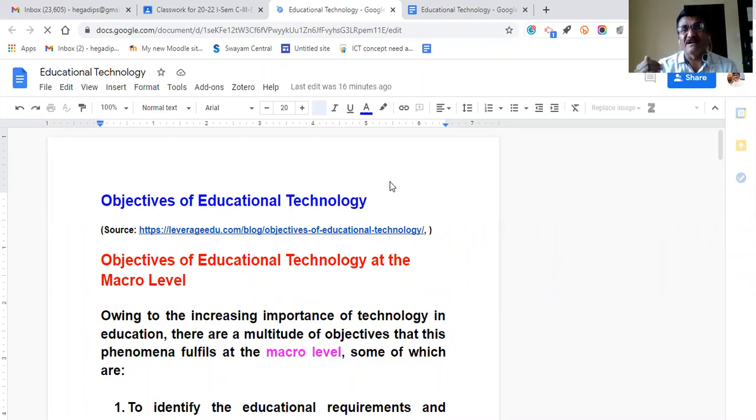We have listed them under two captions. The first caption is, you can see here. So I am very much thankful to this source,